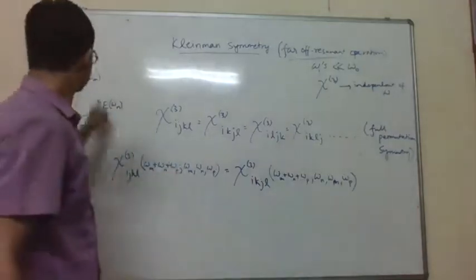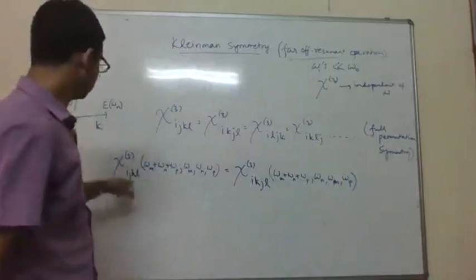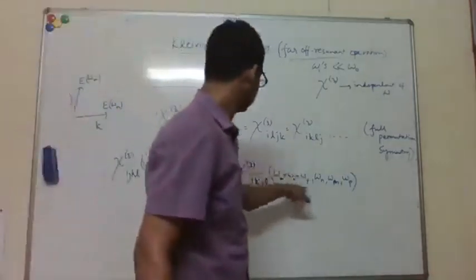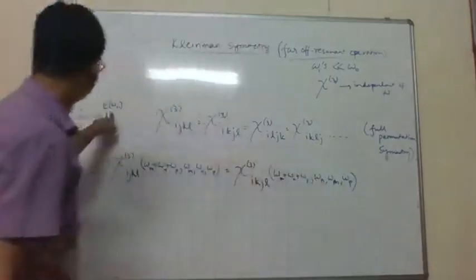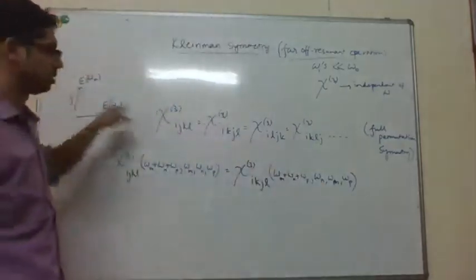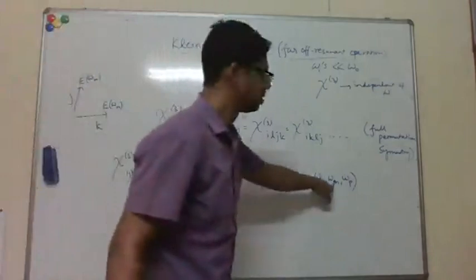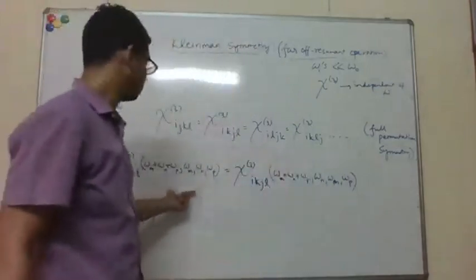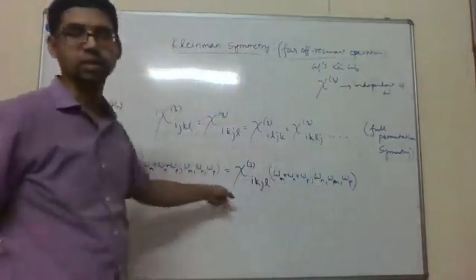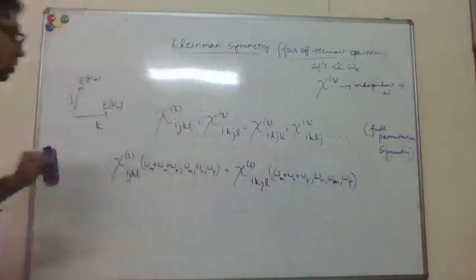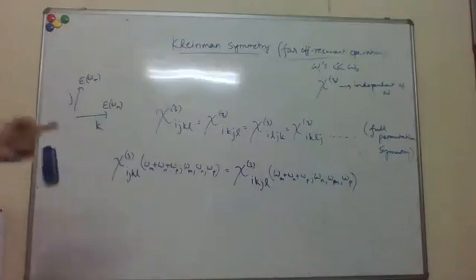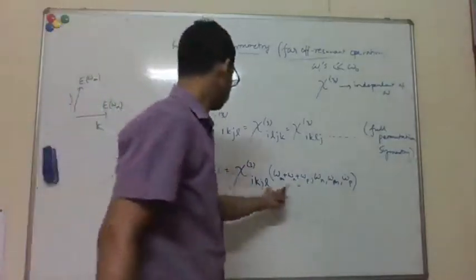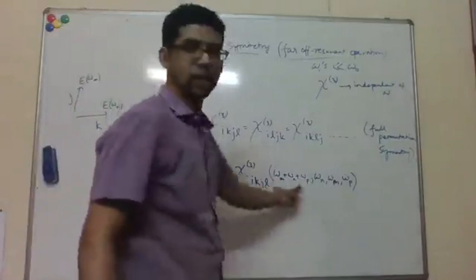So either I can write this first and then this, so jk, or I can write this first and then this, so kj, right? It's just notation. I mean, they both describe the same thing, right? So this is equal, obviously,